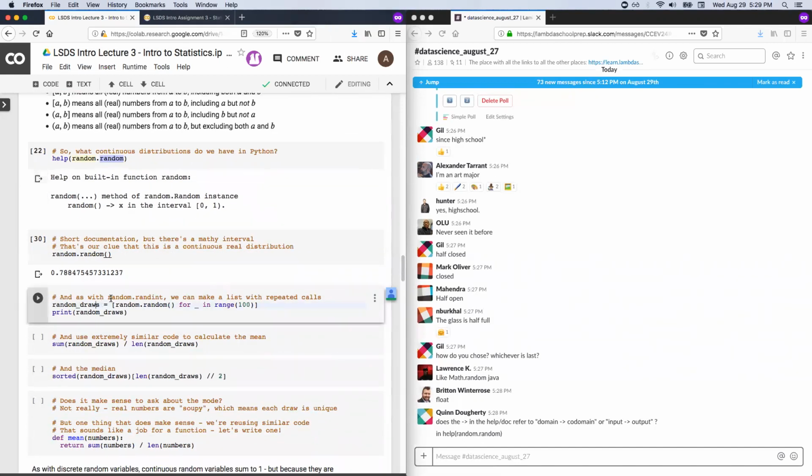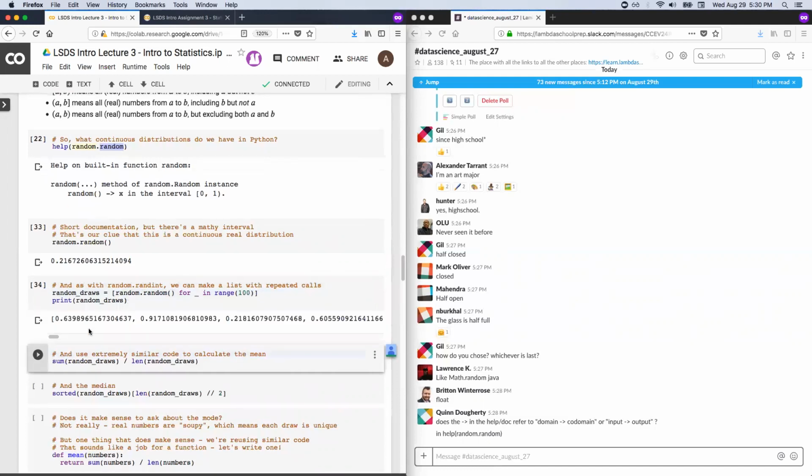Good question. So as with randint, it's a lot of fun to just run this line of code over and over. We're getting some high numbers here, but it's random. We get a low number now. It's nicer to run this a bunch of times at once with the power of lists. So we'll do that. This is exactly the same as the earlier list comprehension, just a different thing on the left. And let's look at what we get. Hey, we get a bunch of numbers, and they're all in this interval. Lovely.